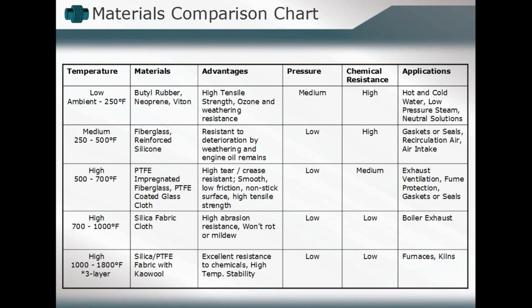Now, when our temperature ranges increase a little more, we're using something like a silica fabric cloth for those high temperature applications. You have a high abrasion resistance. Now, the pressure ranges start to decrease. So as we talked about, in many regards, for everything that's gained in one application, you might lose a little bit. So when our temperature range is, for us, the high category, 1,000 degrees upwards to about 1,800 degrees, you may